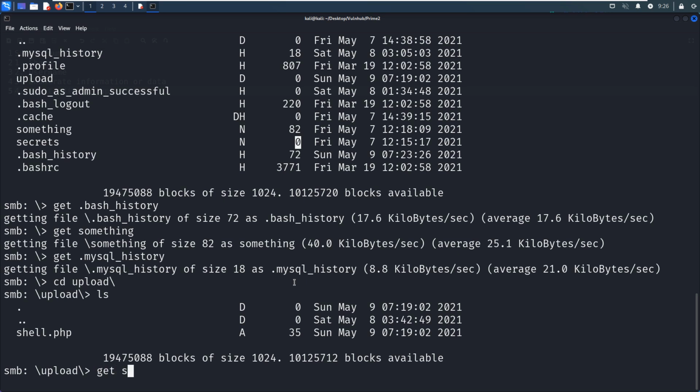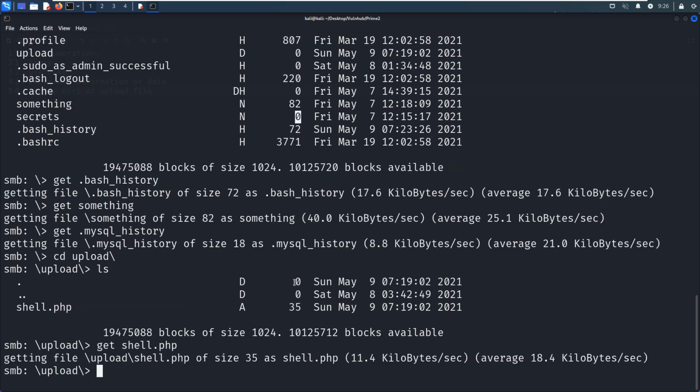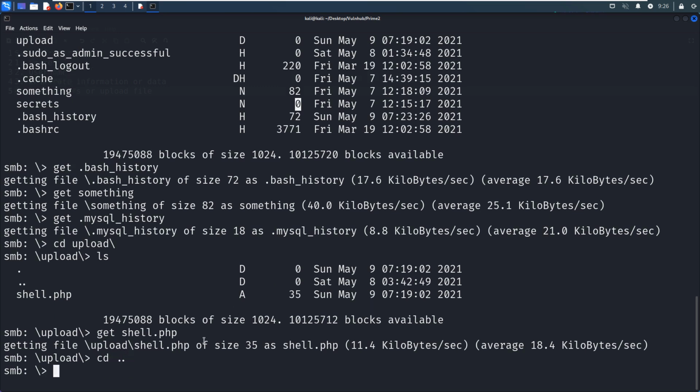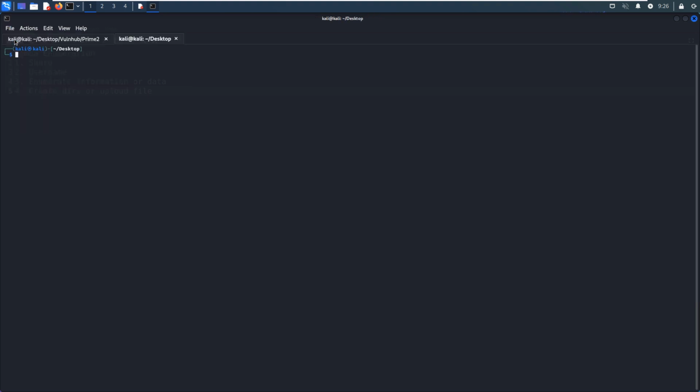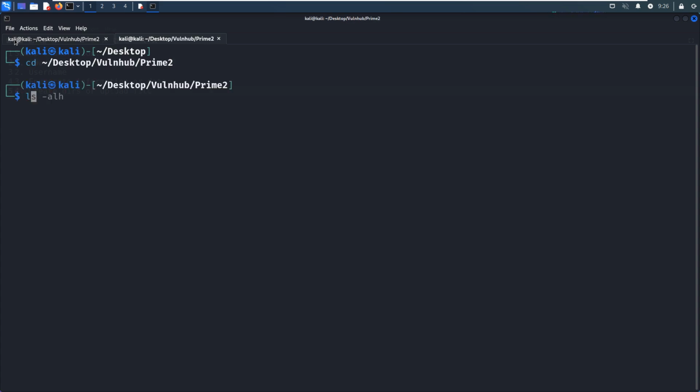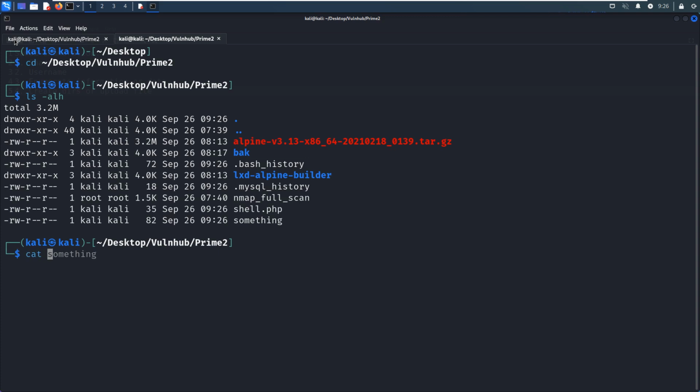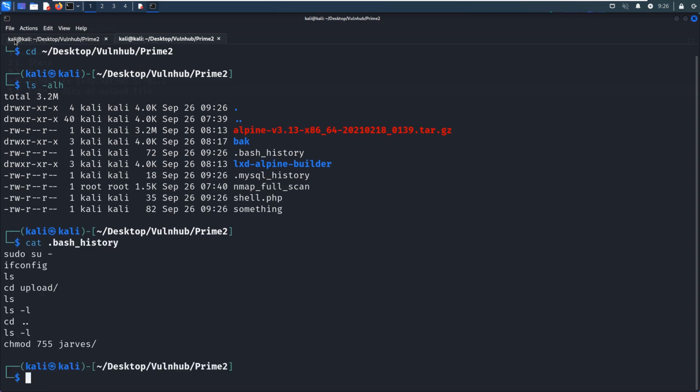We got the shell. Okay, and now we can go back to the upper directory. In the meantime, we can take a look at the downloaded files, for example, the bash history. So sudo ifconfig.